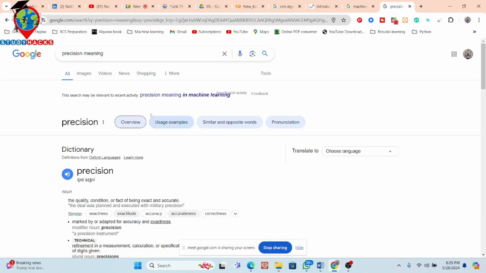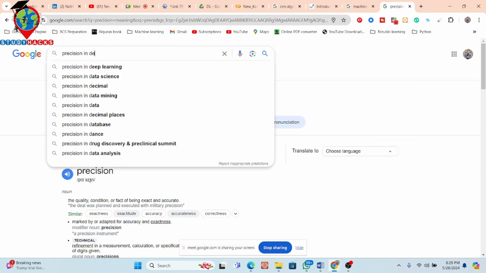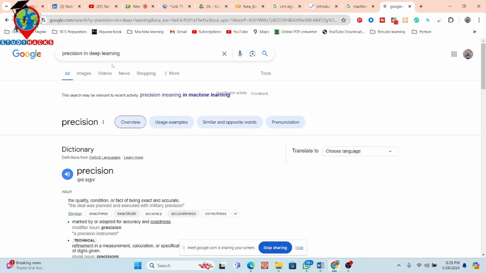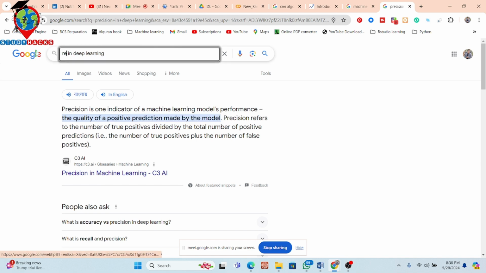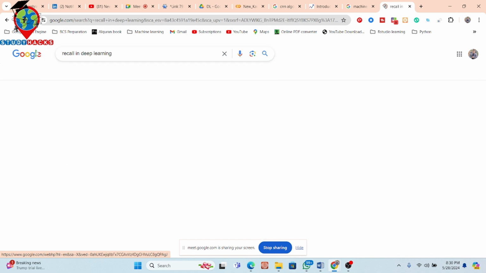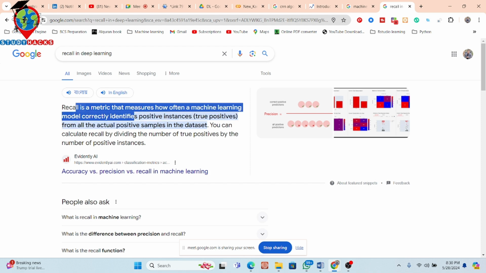Precision, suppose you get the result about that. You can see, precision is one of the indicators of a machine learning model, a measure of the quality of a positive prediction made by the model. It's one kind of quality of positive prediction. And recall, you can see what the recall is. Recall is a metric that measures how often a machine learning model correctly identifies the